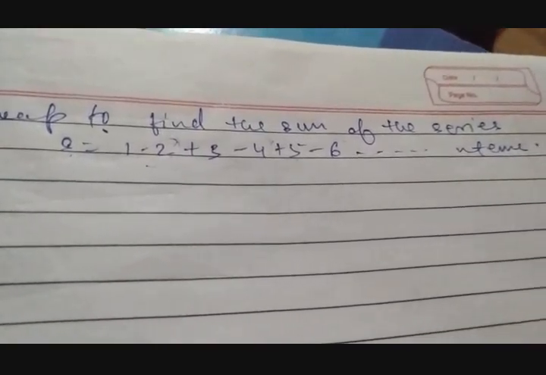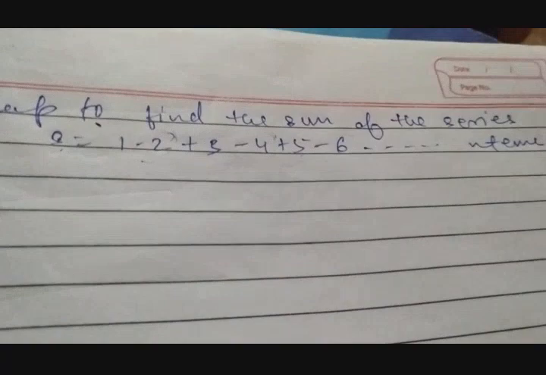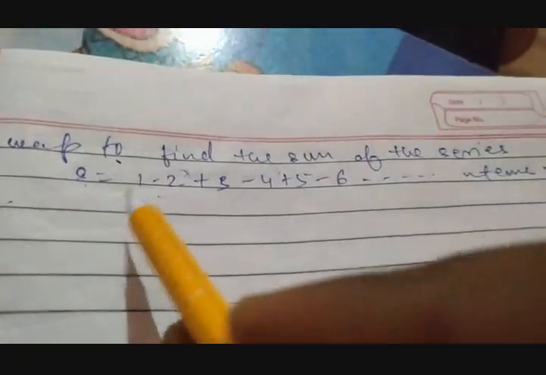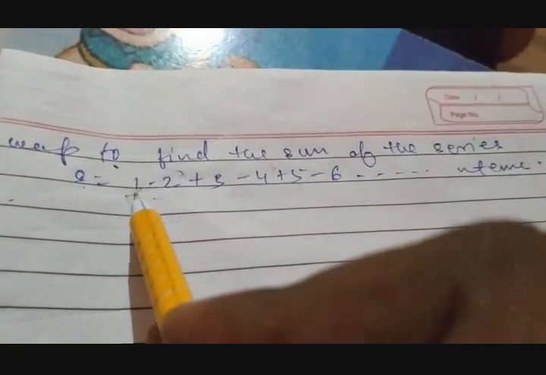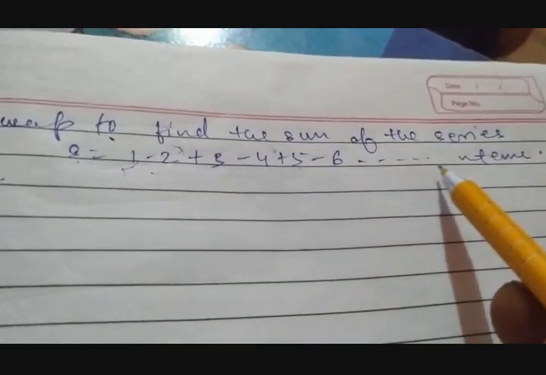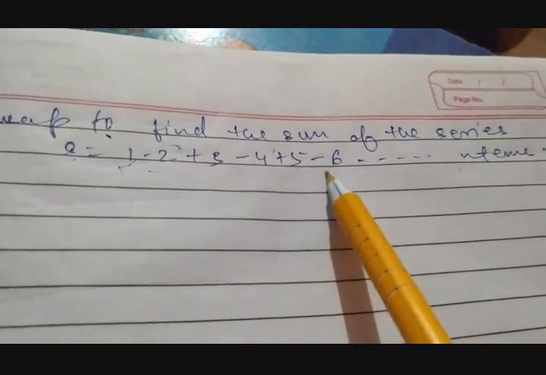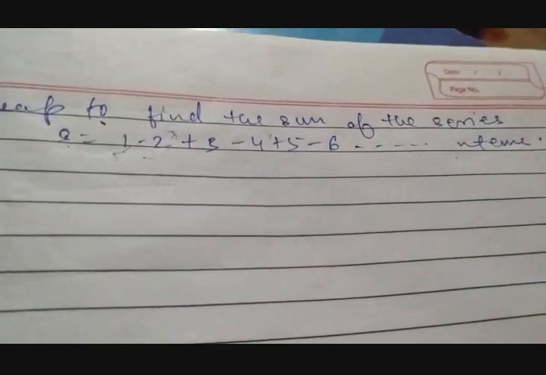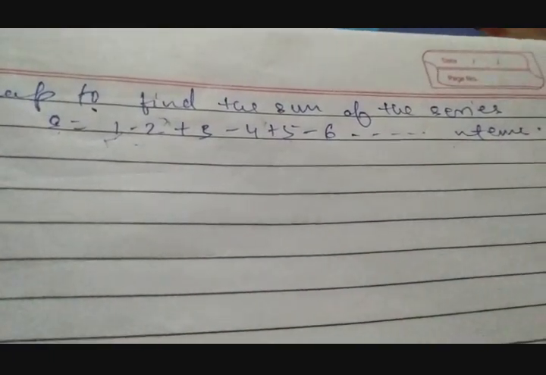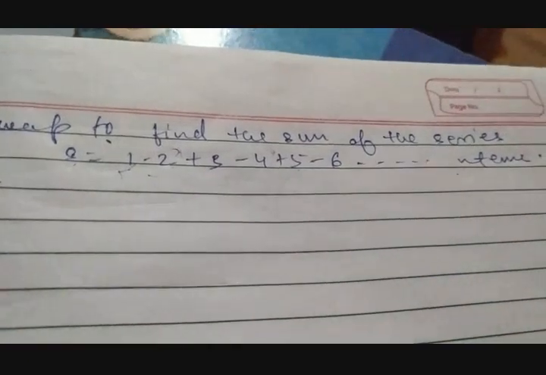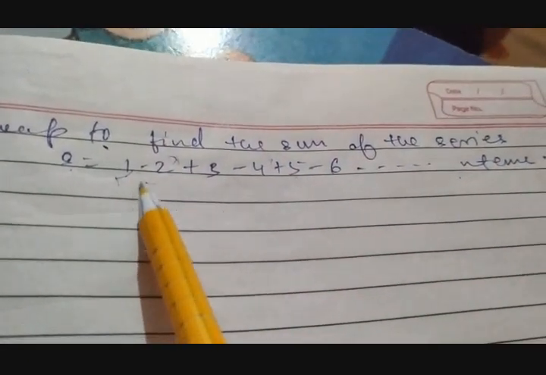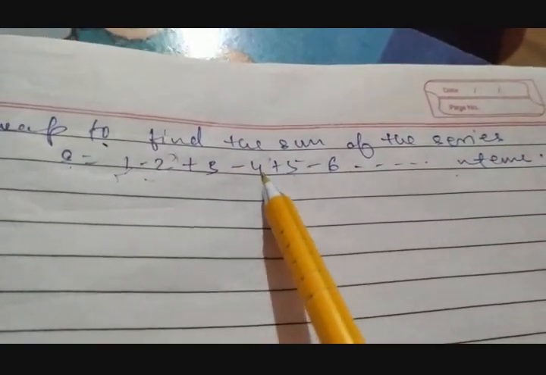Now the second part of the logic. From where does my loop run? Here straight away it's given from 1. Your loop is starting from 1 and it's going up to n terms. Now how many iterations does it take? It takes a single iteration, and that is adding up one value. Increment of 1 is done because the loop is changing from 1 to 2, 2 to 3, 3 to 4, 4 to 5. So let's move on with the program.